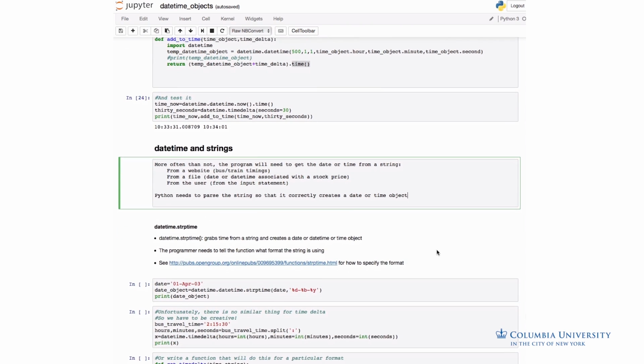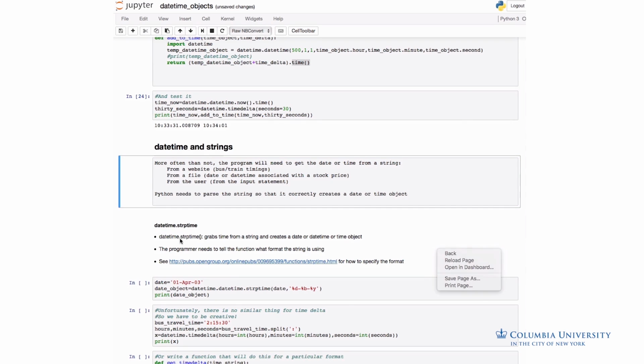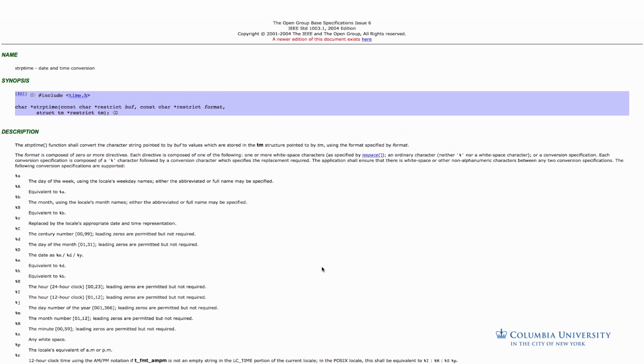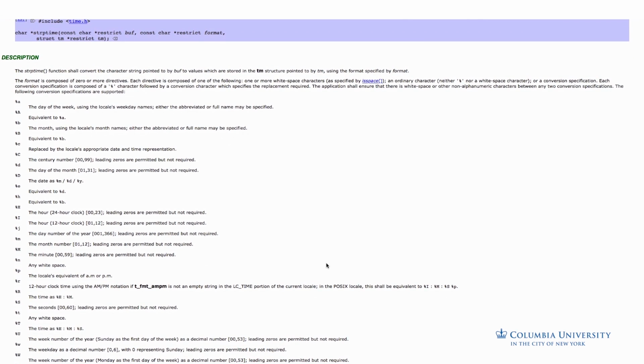And there's a very nice function called strptime here that does the conversion for us. So if you go to this website over here, and let me just see if I can do that without messing anything up. Yeah, I can. This shows us that we have various formatting codes for each type of date or time. So for example, here it says if you have %b, then that's the month using the locale's month name, which may be abbreviated or full name. So you might be able to do something like